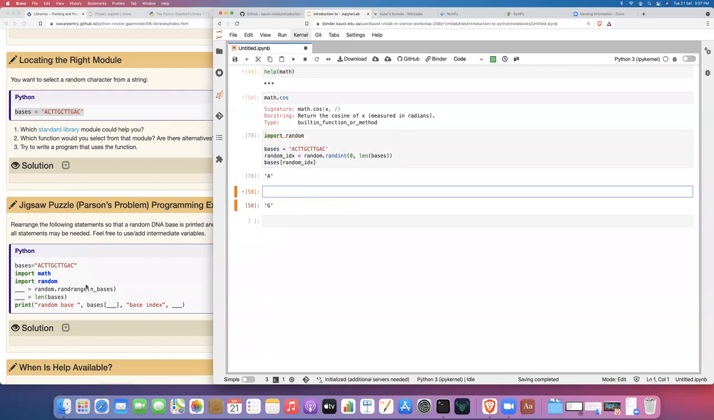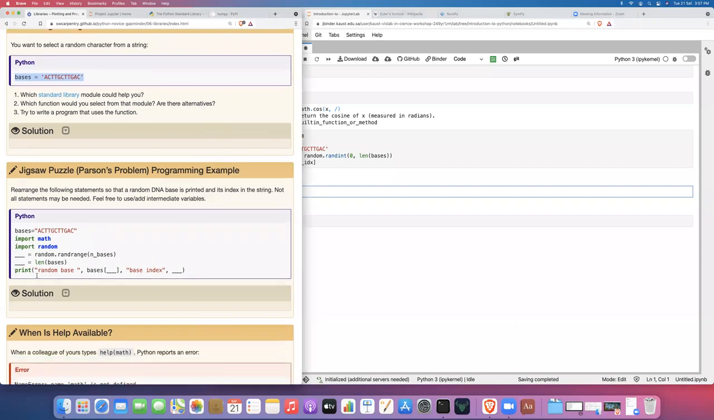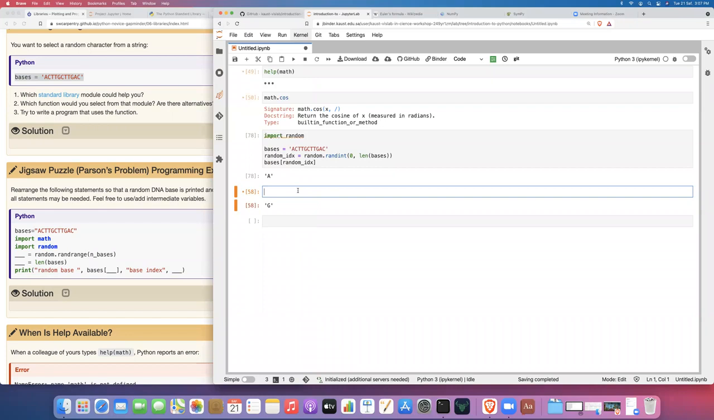Now, if you weren't following along, I kind of did already what this jigsaw puzzle did, which basically rearranged some code in order to achieve the same result, but I did it a little bit differently. And so now I'm actually curious as to what the rand range